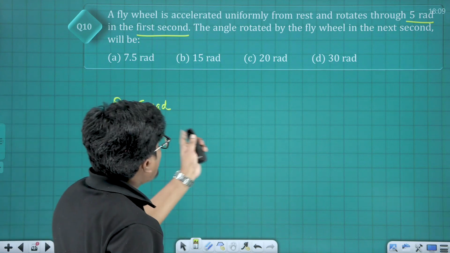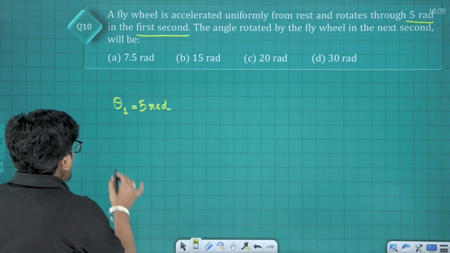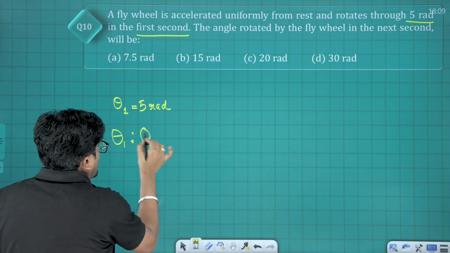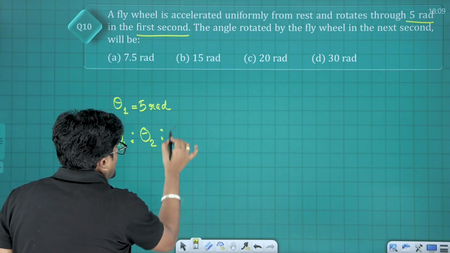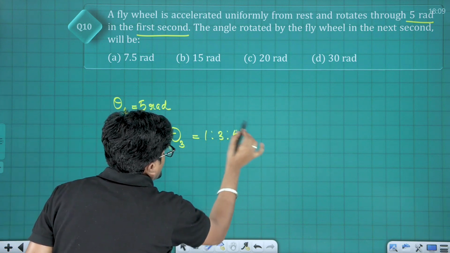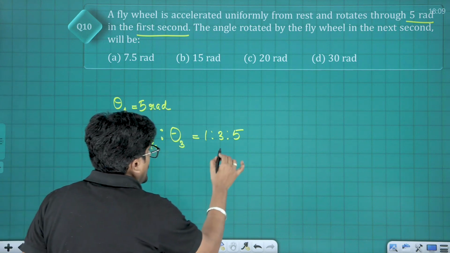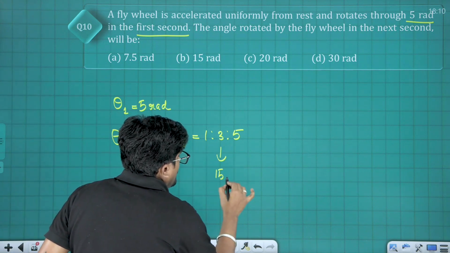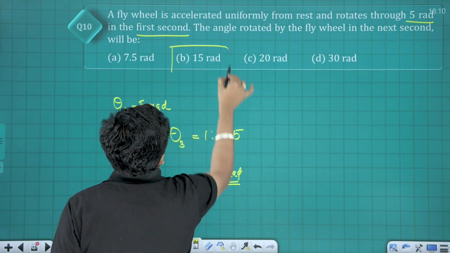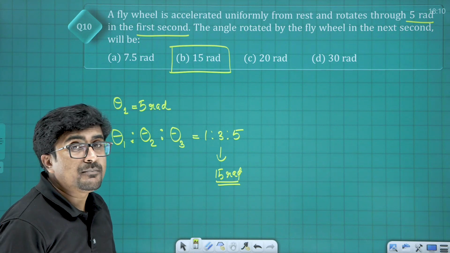Now the angle rotated by the flywheel in the next second is, we all know that the angular displacement in the first 1 second to the second 1 second to the third 1 second is 1 is to 3 is to 5. So initially it is 5. So the next 1 second it is 5 3s are 15 radian. Which means the answer is